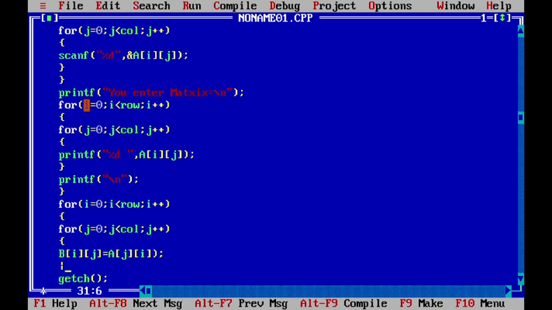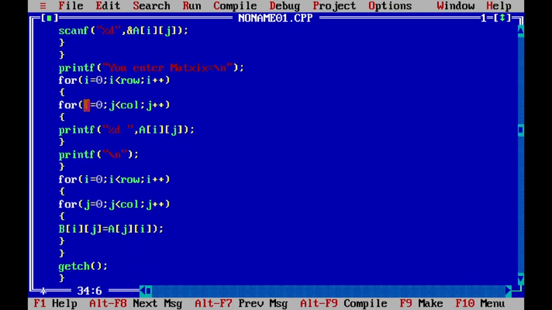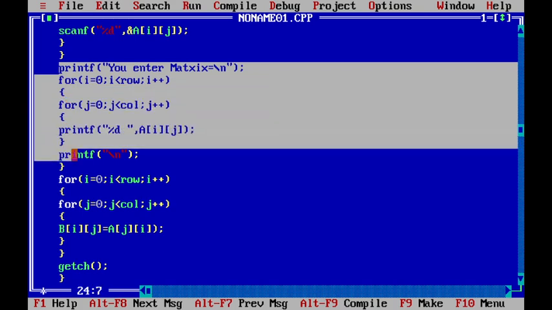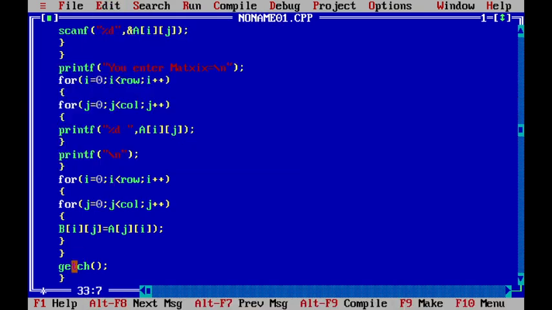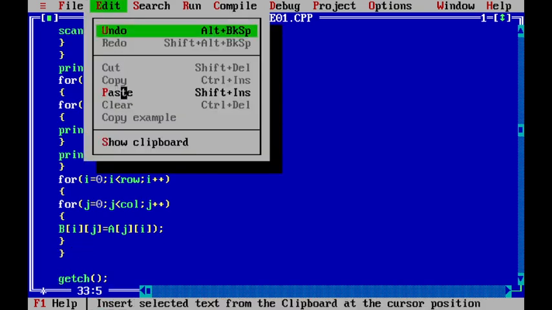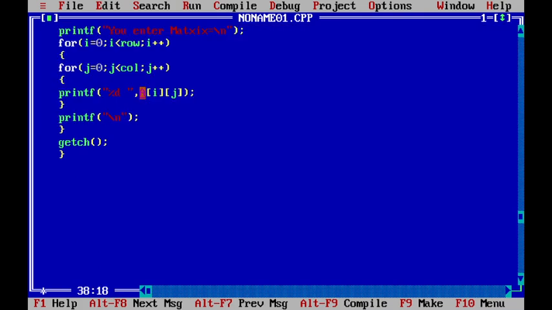Then complete these two loops. Again, if we want to print the matrix, we copy this code and paste here, and instead of a[i][j] we print b[i][j].